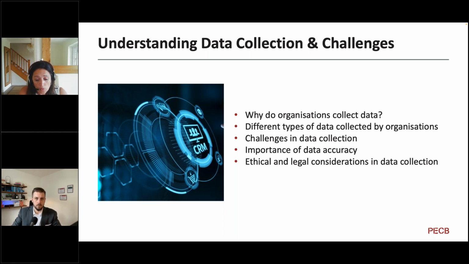We also need to think about the challenges of ensuring that data is accurate. In terms of maintaining large volumes of data, how do you keep that secure? How do you keep it up to date? And also complying with some of those privacy laws from around the world. So we're not just thinking about the GDPR, whilst we are talking about that, but we need to think about how that impacts and where that crosses over with other regulations. So